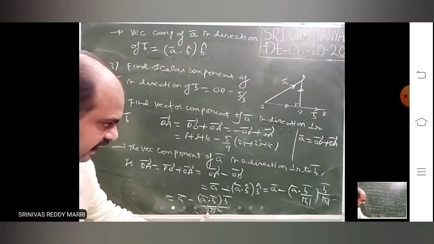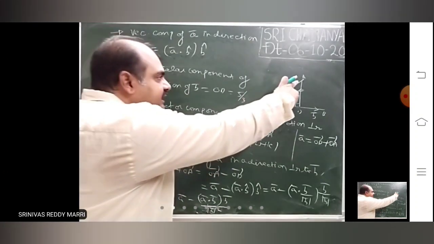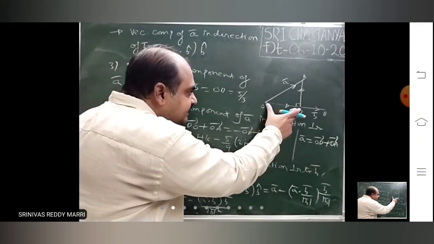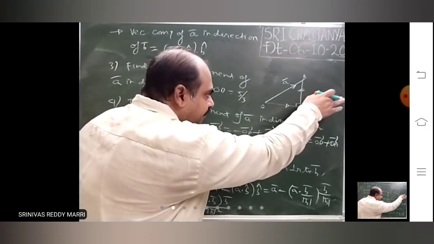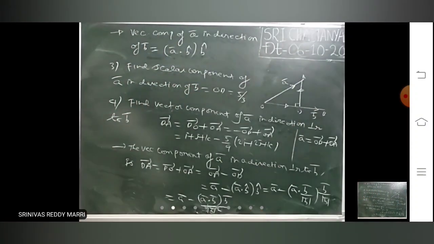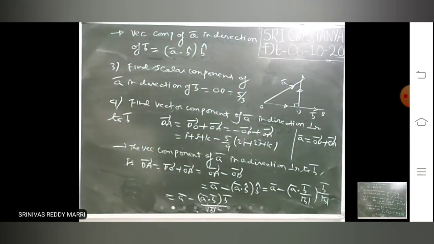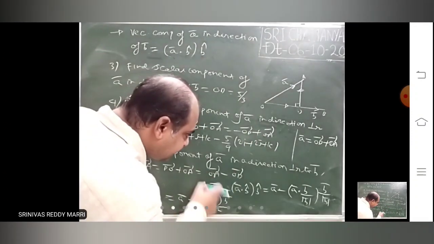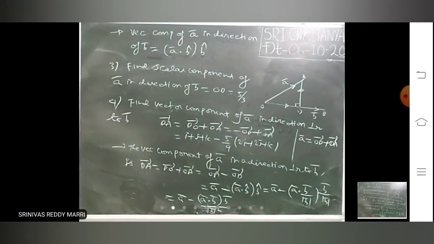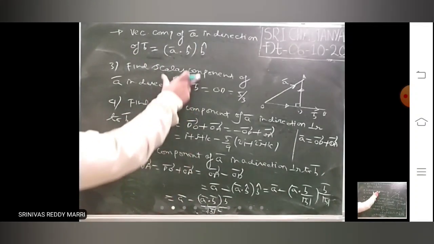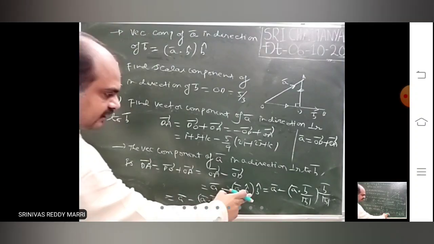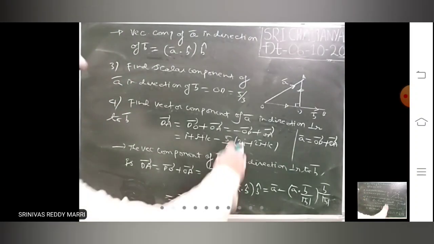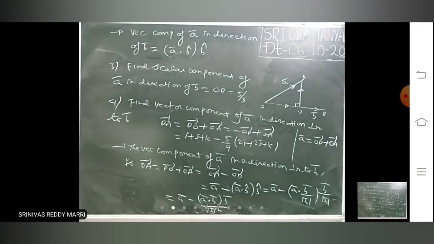If you want to remember it as a formula, you remember this one. Otherwise, just draw the diagram. First calculate this length, then calculate OD bar, which is the component in the direction of B bar, then calculate dA bar from the triangle. Then you can avoid remembering all these things. Otherwise, in the exam there will be confusion about what is A bar and what is B bar. So if you want to remember the formula, this is the vector component in the direction of B bar, and this is the vector component in the direction perpendicular to B bar. I will always do it like this whenever I solve.